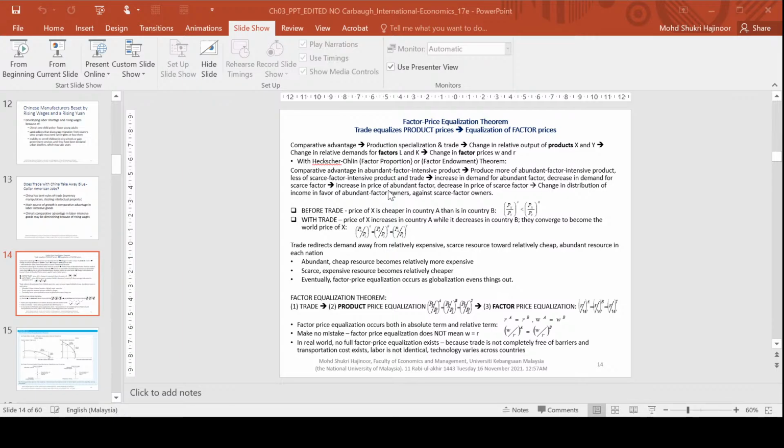The increase in the use of K because of aircraft production, which is against the principle of comparative advantage, China should be producing more textile,